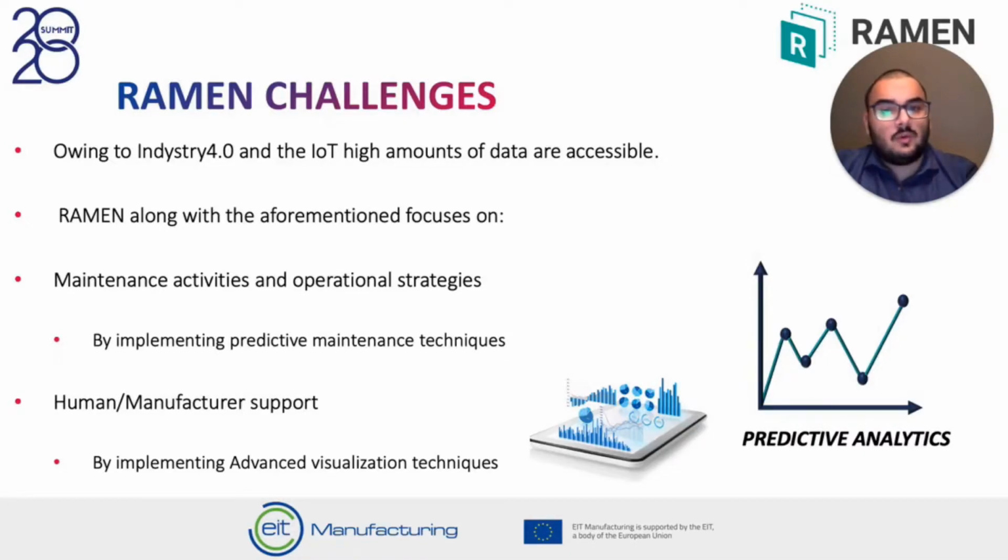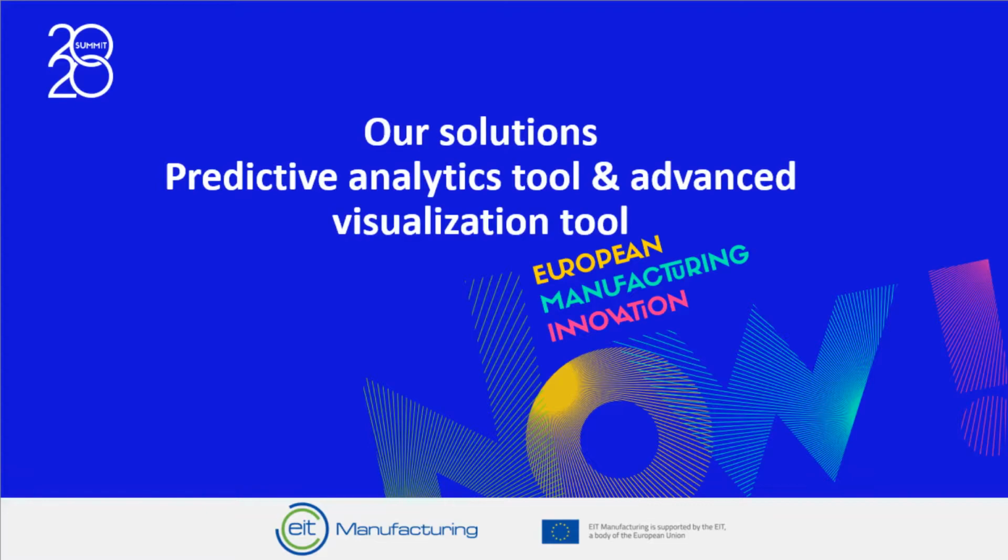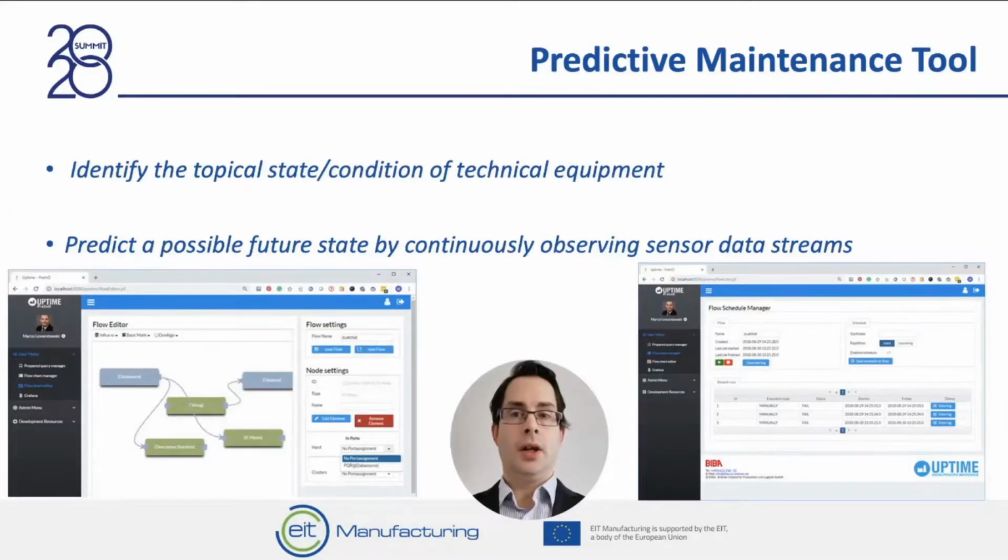Let's move on with our solutions. Predictive analytics is one of the two main components of RAMEN. In particular, the objective is to detect and predict the current state of a real production environment by using data streams. For that purpose, the tool supports you in the creation of these analytic flows, which can directly be deployed